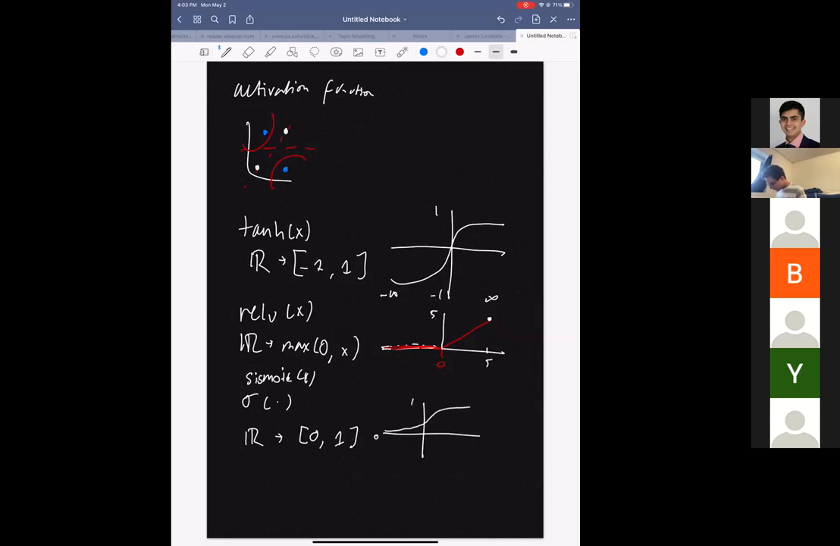And the nice thing about this one is that you can use this one for probability, right? You can basically use this sigmoid as a way of converting your previous nodes into some probability measure. And so, for example,